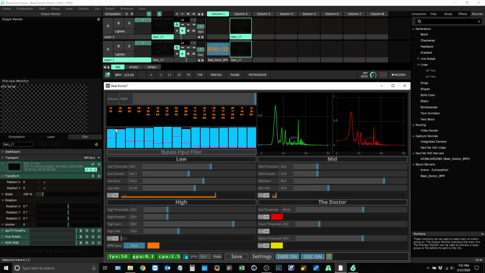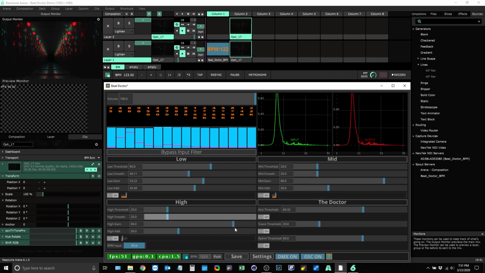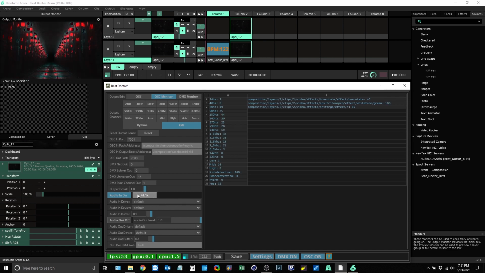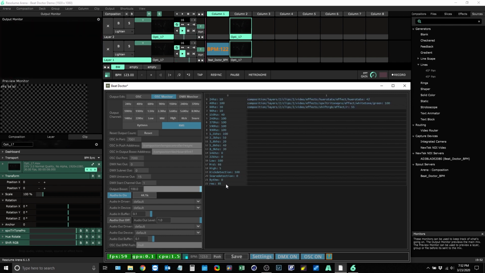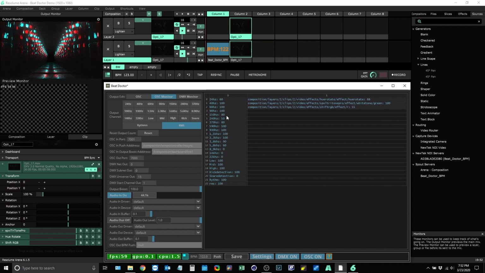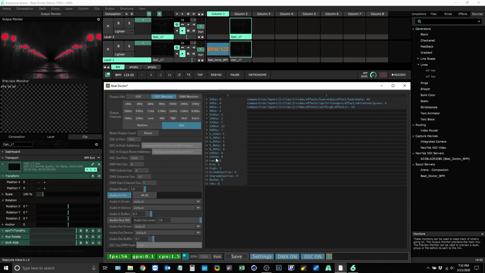Either turning your input gain up on your audio device, or if you need to really quickly, you can come down here to the audio boost and you can boost this up as well, and so you can see, boosting everything up. It does have a limiter set on it, so you're never going to exceed 100, but at this point you pretty much just lost all dynamics because it's just going between like 90 and 100. So use that sparingly, but it is a quick way to boost your overall global output of your